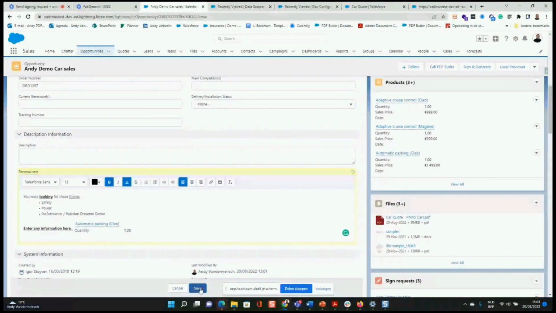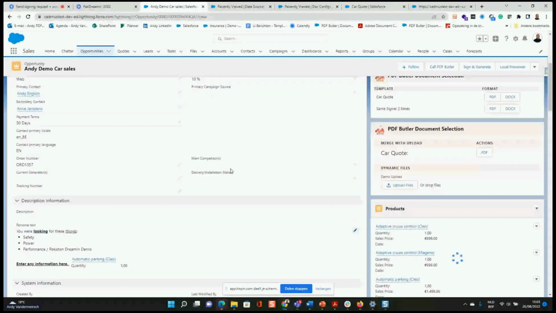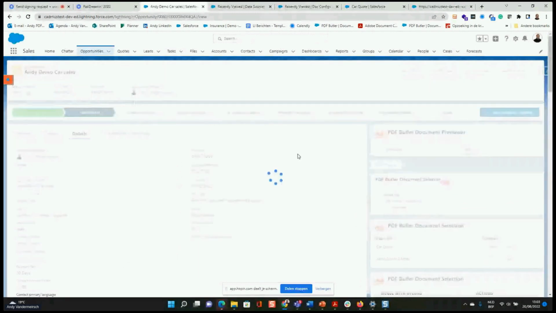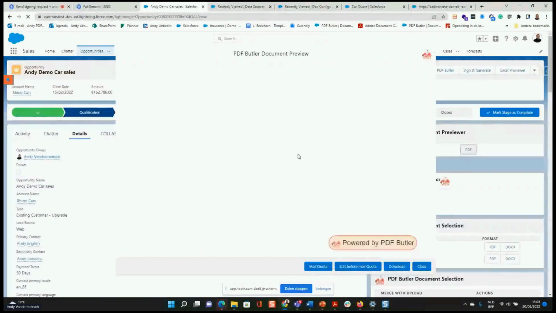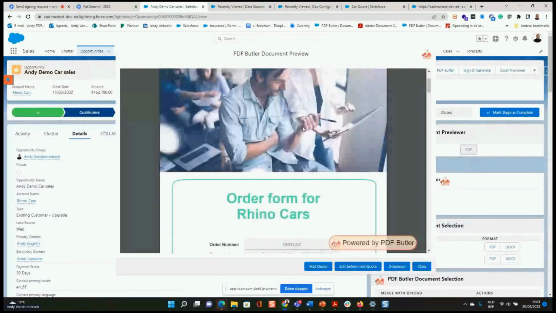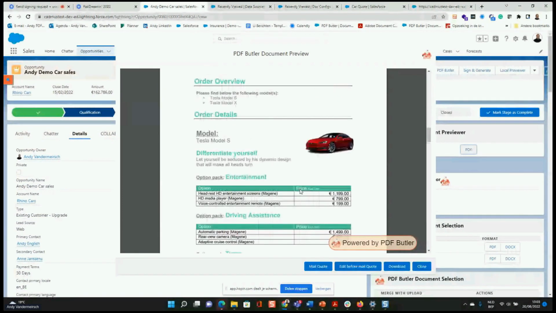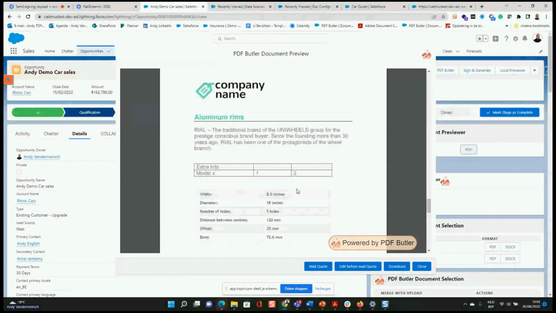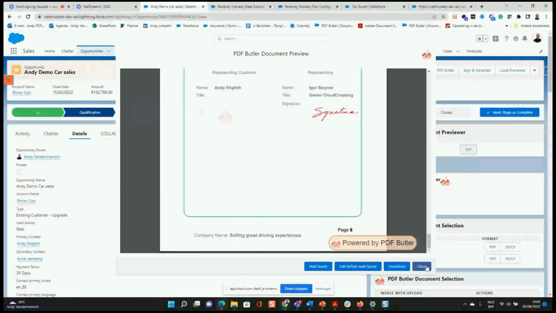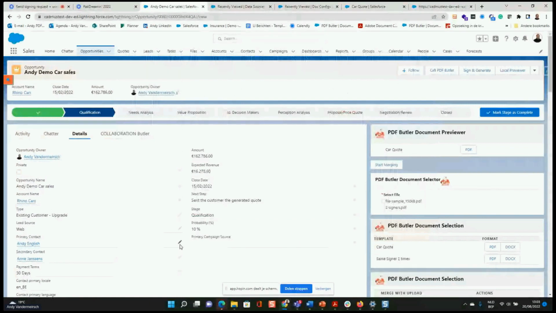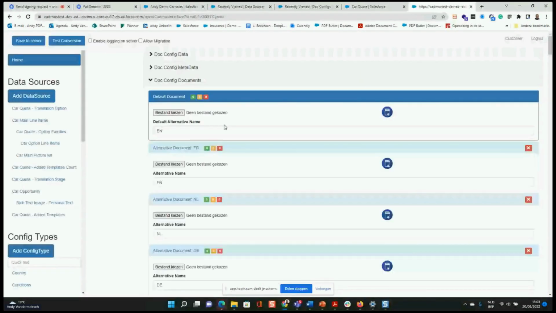So if we now save this in our rich text field, we generate the document again. All that online editing or inline editing, like it's called, is immediately available within your document that you generate. So we support also multi-language out of the box. So if I change here, for instance, this is an environment where we have configured 4 different languages to show you in the back end. So here we have